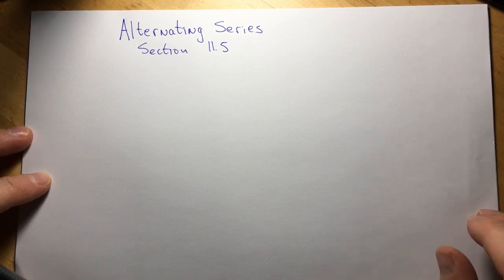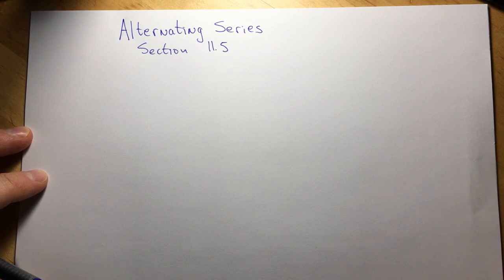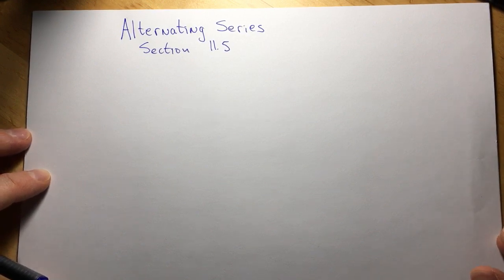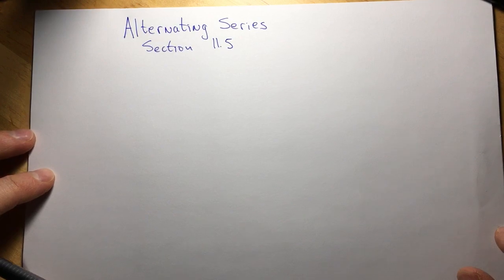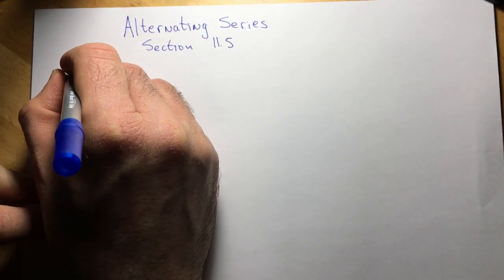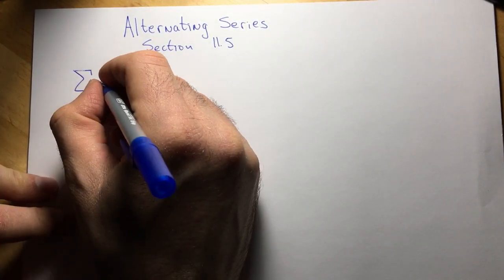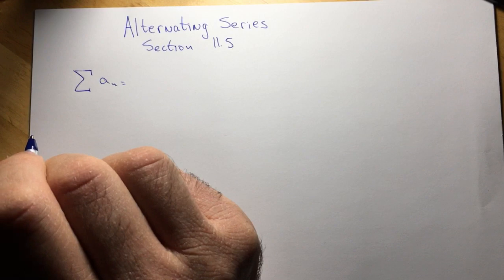Well, then I said, what if the whole sum consists of negative terms only? Then you just factor -1 out of the whole series, put it in front of the sum, and then you deal with a sum with positive terms only again, right? But now the question is, how are we going to determine if a series is convergent or divergent if the